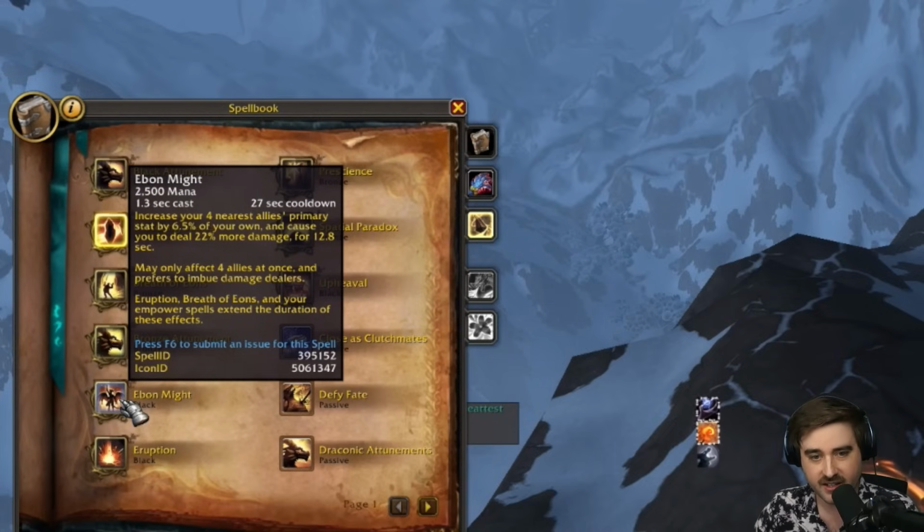It also gets 5 seconds whenever you use Breath of Aeons. So our primary stat needs to be as high as possible. That way we are giving our allies more stats whenever we put that out. But this is always going to go to your closest allies, although you can mark allies to have Ebon Might